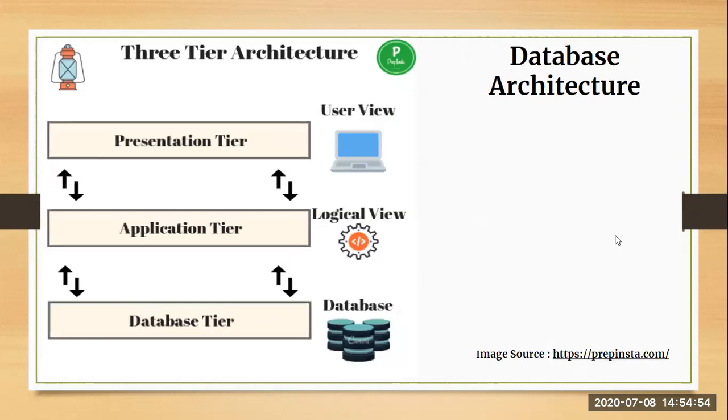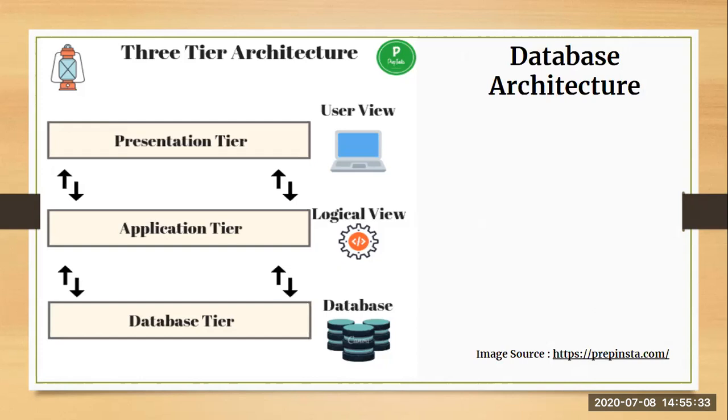Next comes three-tier architecture. When I talk about three-tier architecture, it is divided into three layers. First is the client layer or presentation layer, second is the application layer, and third is the database layer. So in three-tier architecture, you are dividing your tiers into three parts. At times this is also referred to as a distributed architecture. At the database tier, your raw data is present along with the database system language and its queries, which allow us to perform different operations on your databases.